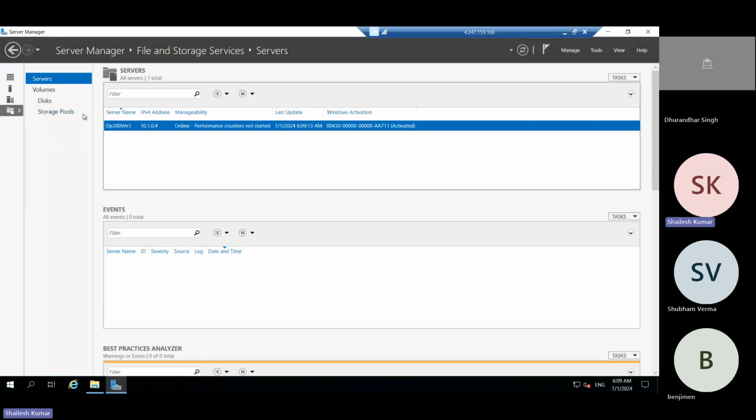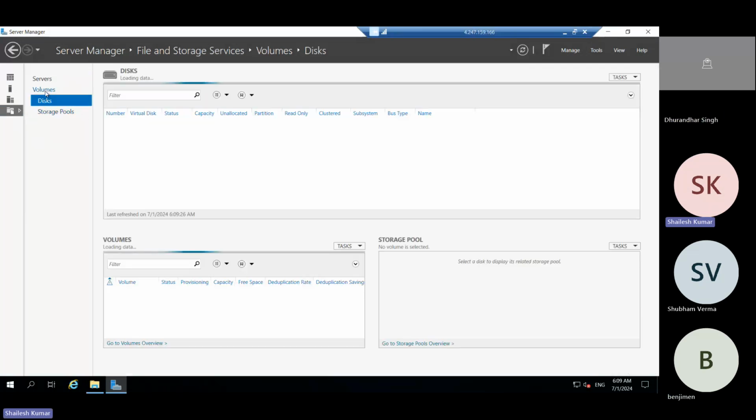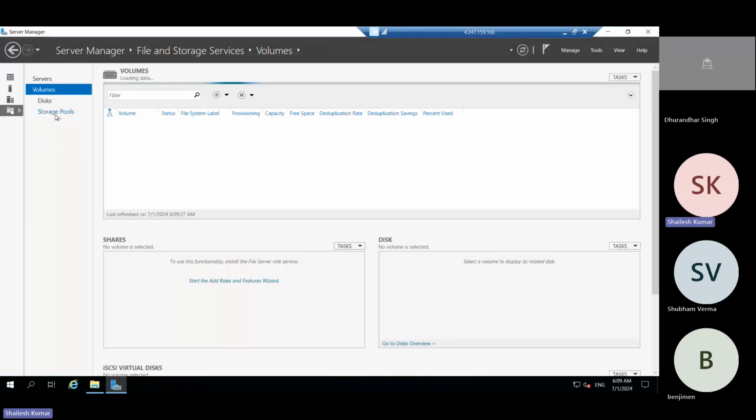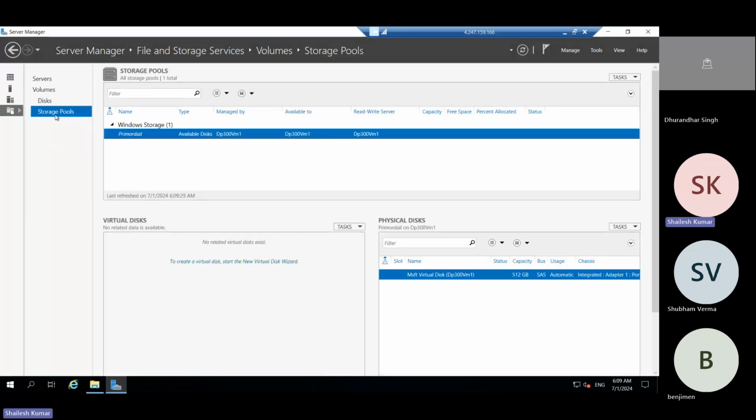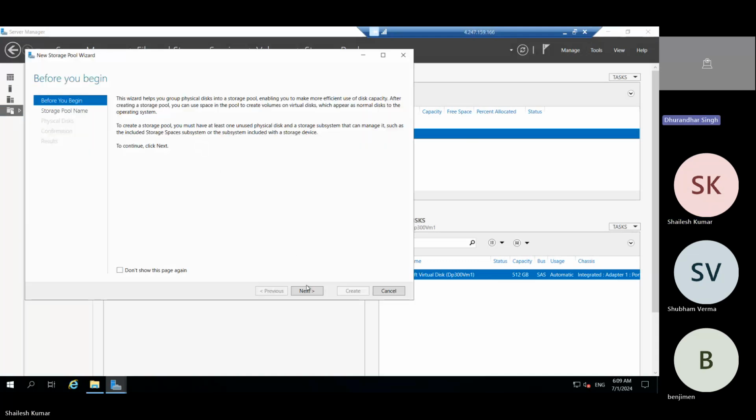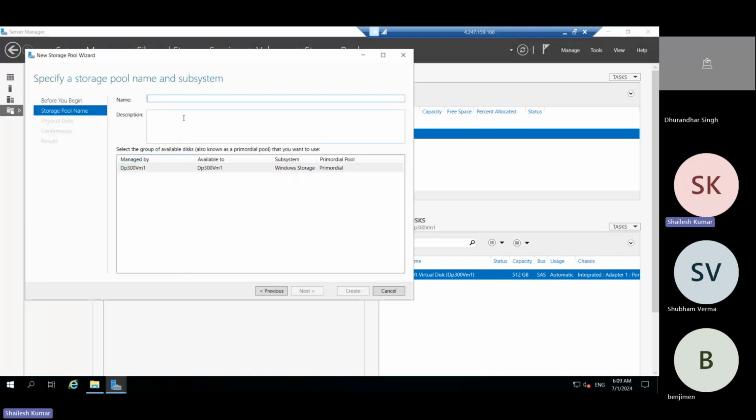So we get this disk volume and storage pool. See here, this is 512 GB SAS automatic integrated adapter. So now you can create one storage pool. And then we can write SQL DBA.